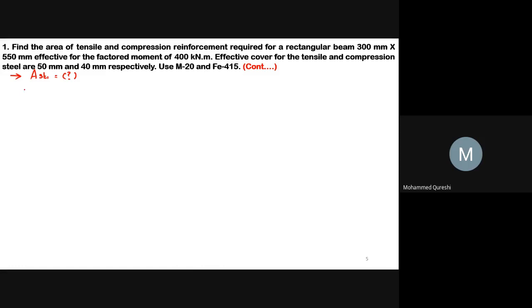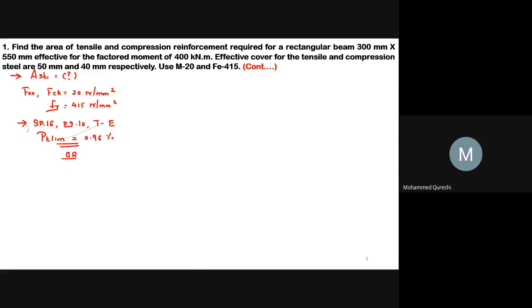For AST1 we have to use the given data, that is for FCK equals 20 Newton per mm square and Fy equals 415 Newton per mm square, using SP16, page number 10, table E. We will get the value of PT limit as 0.96%,